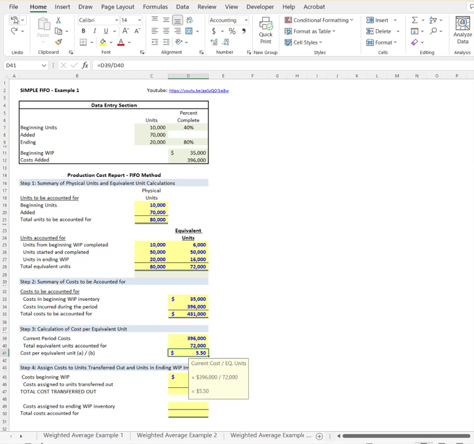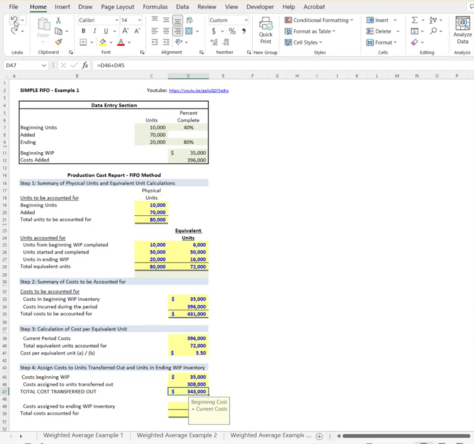So the cost that we are transferring out, we've already picked up the 35,000 cost for beginning work in process. We now need to pick up the cost of the equivalent units produced during the current period. During the current period, we produced and transferred out 56,000 equivalent units. So we're going to take that 56,000, multiply it by the $5.50 per unit, and we get a cost of $308,000. So the total cost of all the work that we transferred out is the 35,000 plus the 308,000 for